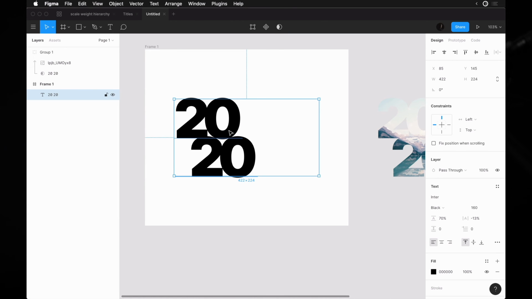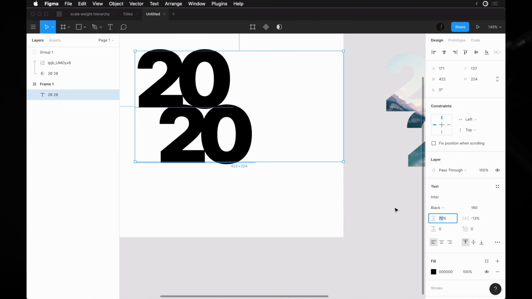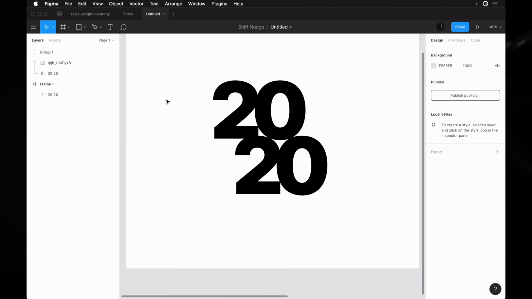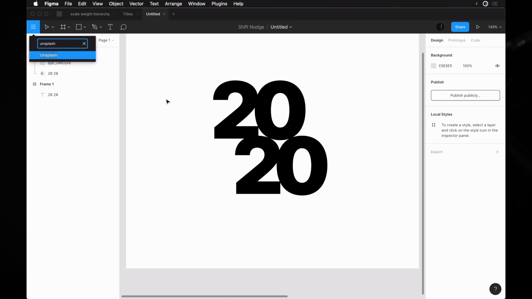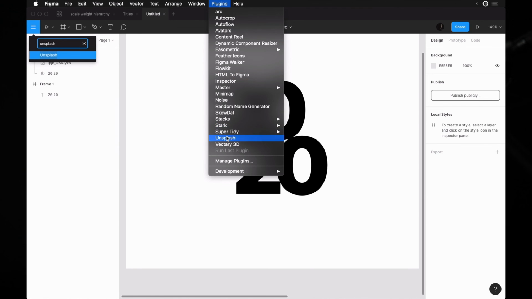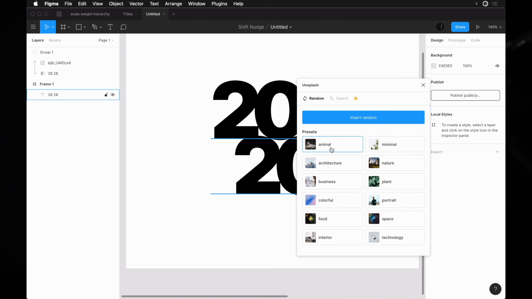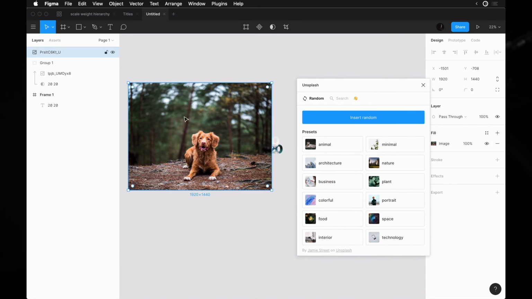So I've just typed out 2020 really big. I've decreased the line height to 70%, and I've kind of tightened up the letter spacing so it just feels a little bit tighter. All right, so I'm going to hit Command / and type in Unsplash. This will give you access to really any of these plugins. Open that up, and I'm just going to paste in a photo here, choose animal, and we have this little